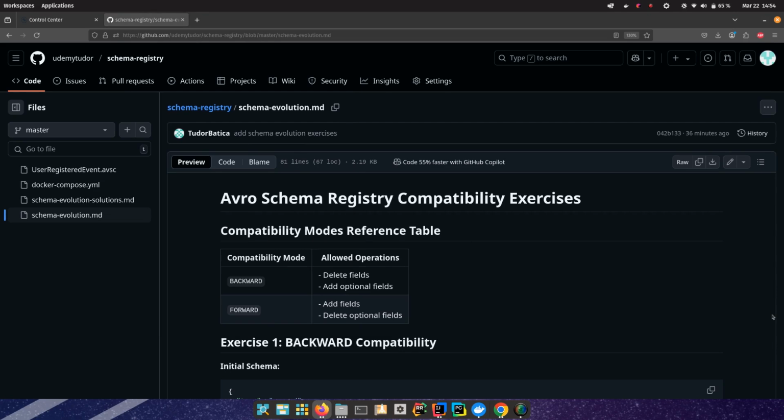In our GitHub repository, we have this file called Schema Evolution. If we look inside it, we have two exercises to solve. I suggest that you pause this video and try to solve them on your own, and then come back and